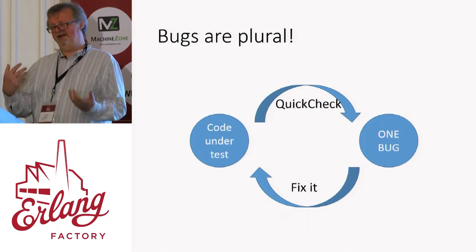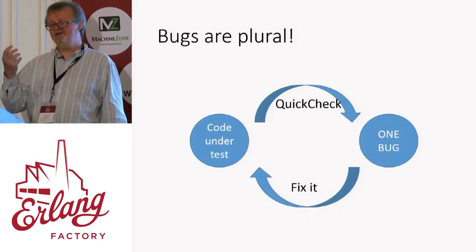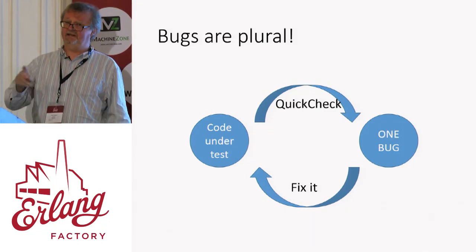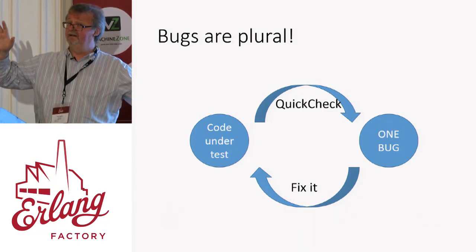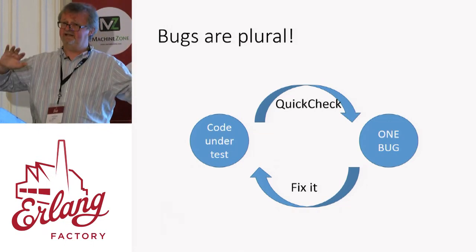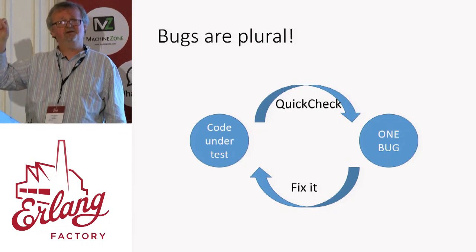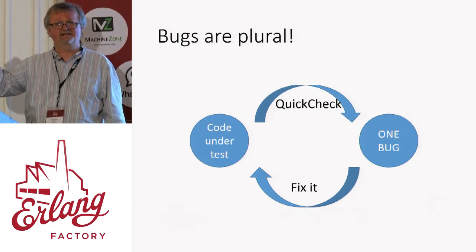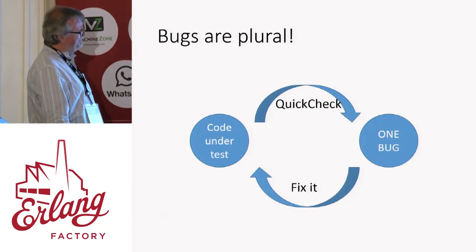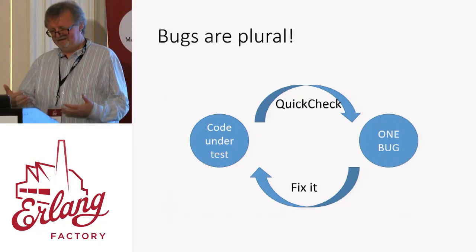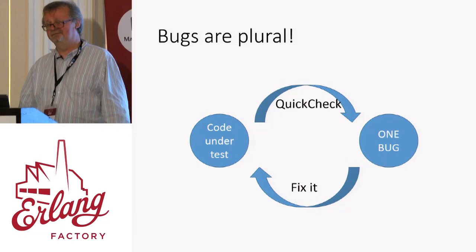And QuickCheck works very well in this manner if you're doing a kind of test-driven development. But before you fix the bug, there's a strong chance that every time you run QuickCheck, it'll show you the same bug. Right? If you think about it, we're testing randomly. However many bugs you've got, one bug is going to be most probable. And that's the one that QuickCheck will almost always find first. So that means that you really can't do any more until you fix that bug.